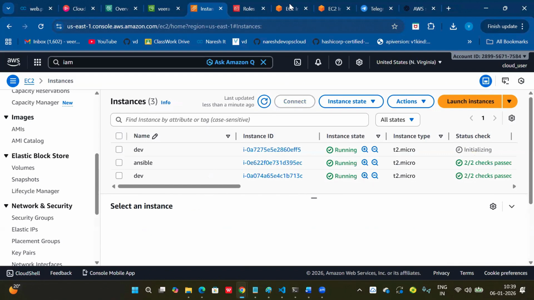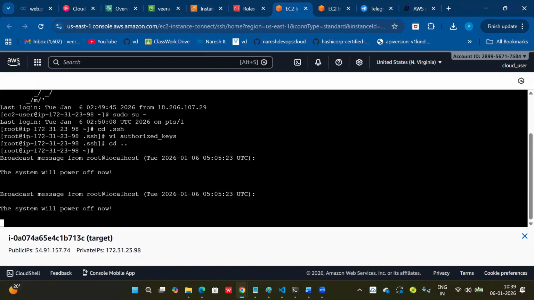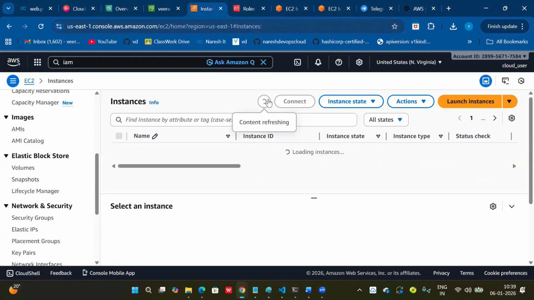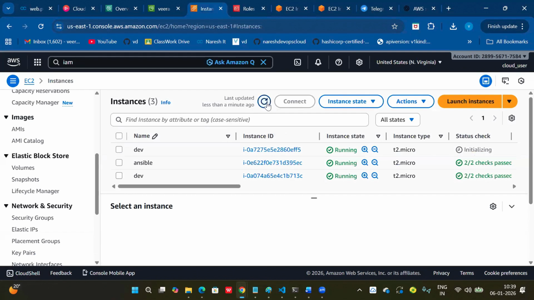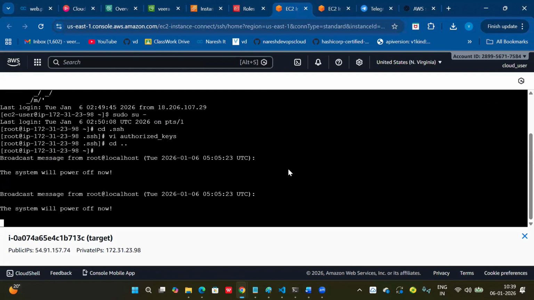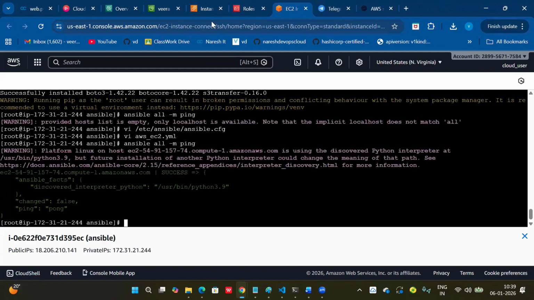Okay. If I run ansible all -m ping, tell me, will my Ansible be able to connect to the two targets or not?